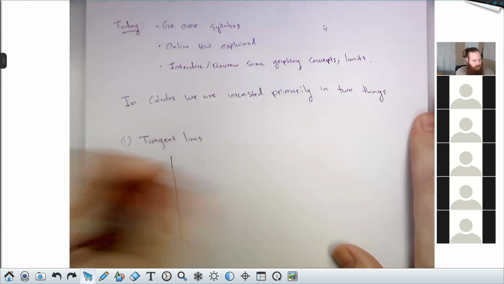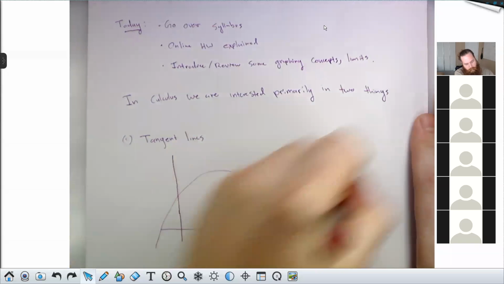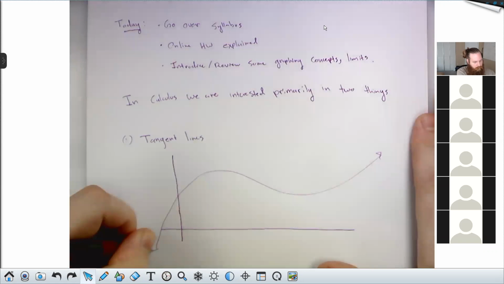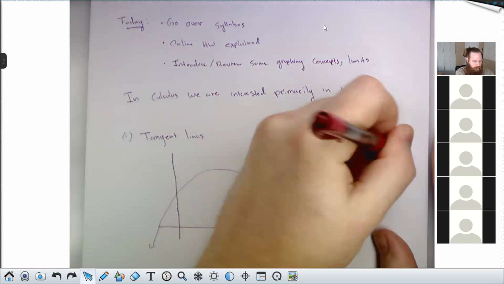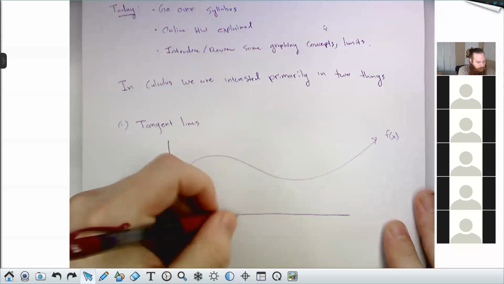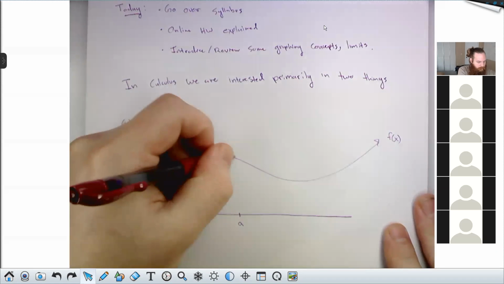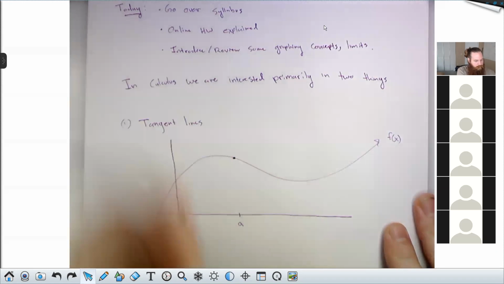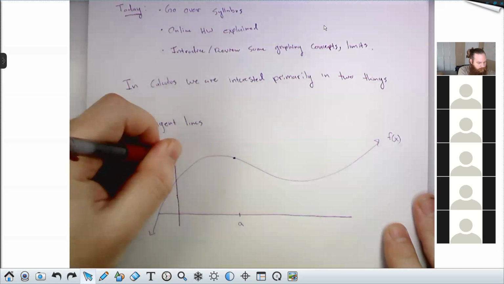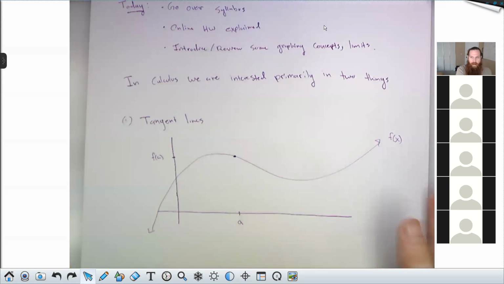And what a tangent line is: if you have some function looking like this, and you pick some point on the graph, so you've got some x value here, a, and there's a point on the graph up here, which is (a, f(a)), so the y value there is f(a). I want to know how fast is that function's height changing as you go left and right.